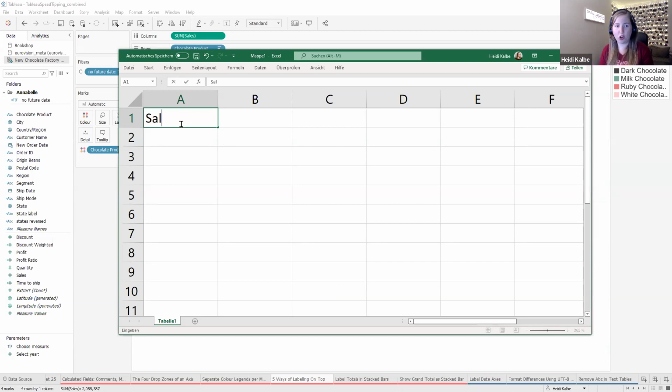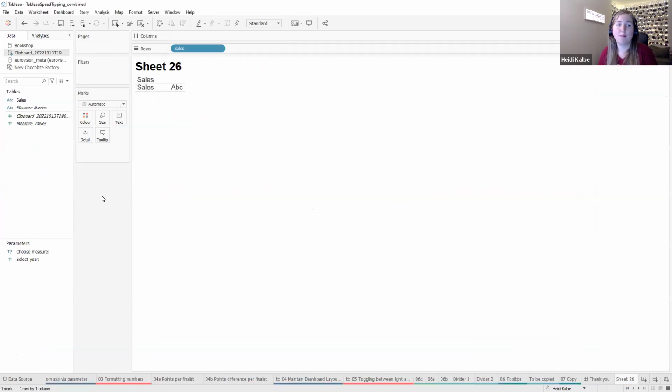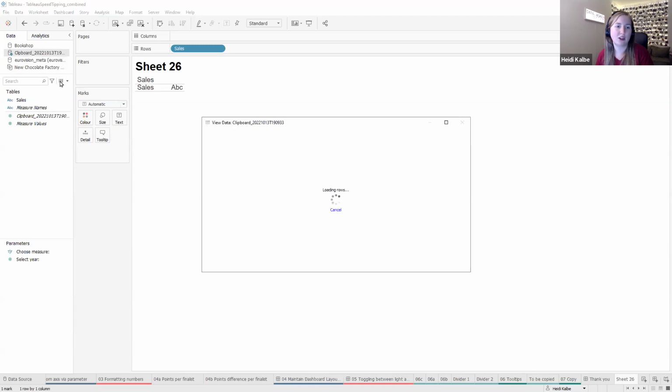Essentially, I just open up an Excel file. I type the name of the field and the content of the field. So I have to type it twice. I simply copy these two lines. I can even close this up if I want to. Return to Tableau and press Control V to paste. And this will, or it ideally should, open up a new sheet where my clipboard data source gets inserted. So you can see Tableau has entered a new data source, which contains exactly one row and one field